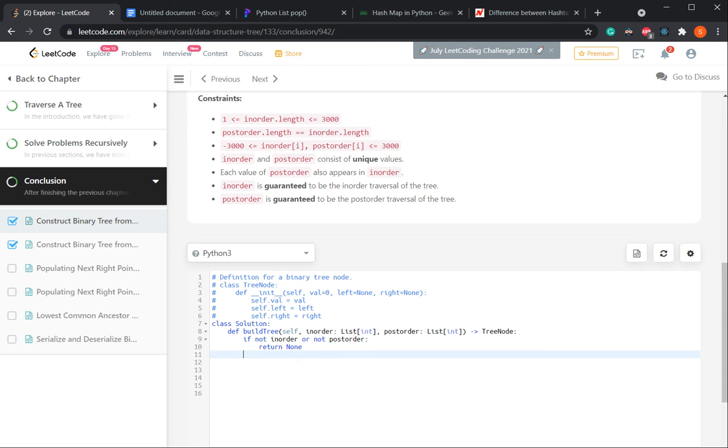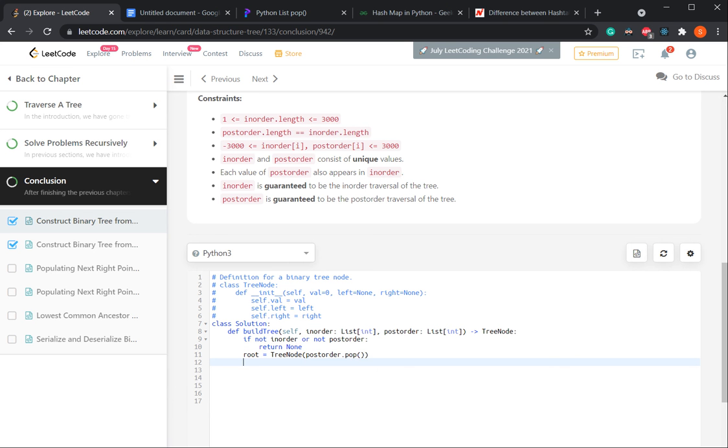So we are defining a variable root. Let's say root is equal to, instantiate the data structure of the tree using TreeNode, and the value of this root is postorder.pop. We know how this pop function works.